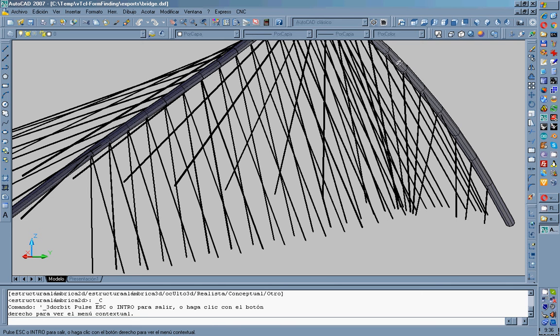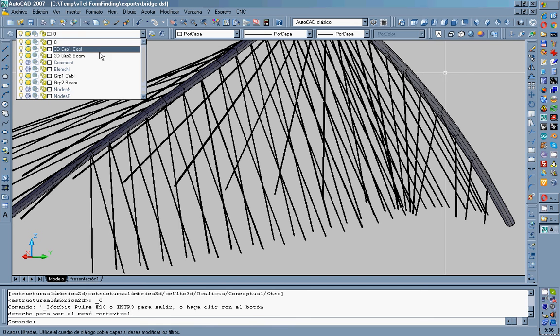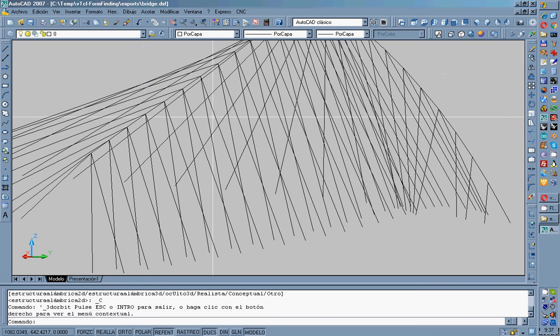So DXF is already there. You have some layers in the file, 3D group 1, 3D group 2, and then you have the line representation. So if I hide the 3D shape, you have the line representation of that structure, so you will be able to process it if you need it with different software. So DXF is working,